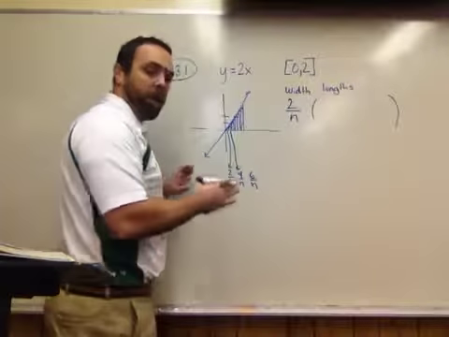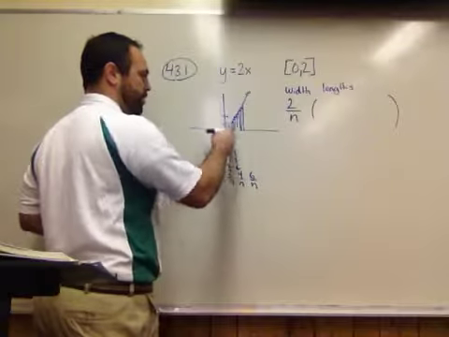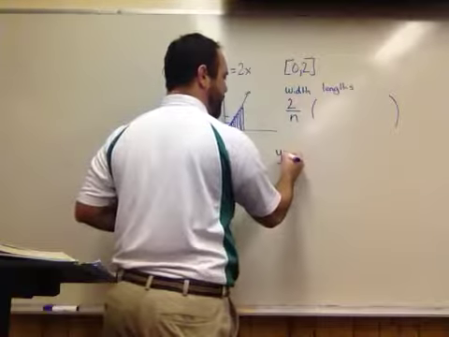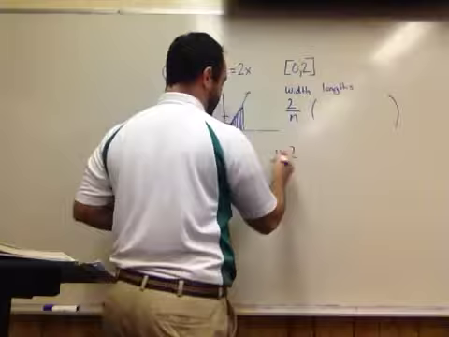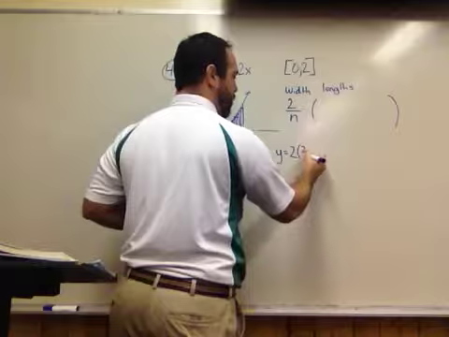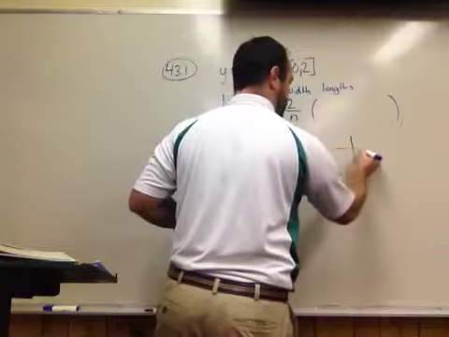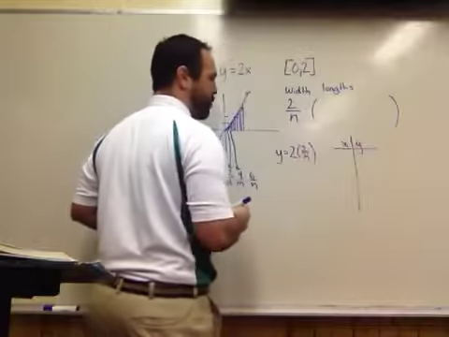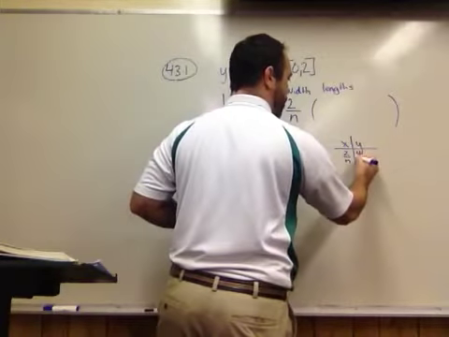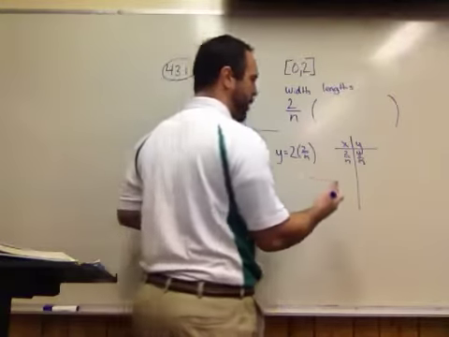And until I find a pattern, I'm going to put in my x, which is 2 over n, to figure out what my y would be. So y is equal to 2 times that first x, 2 divided by n. Actually, the way they do it in the book, and this is good, is to make a chart like we did with graphing before. The first x is 2 over n, we put that in, and we get 4 over n. Back up a little bit. Actually, the first one I should have used